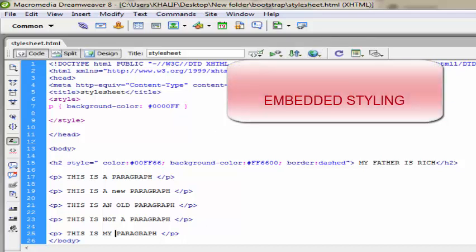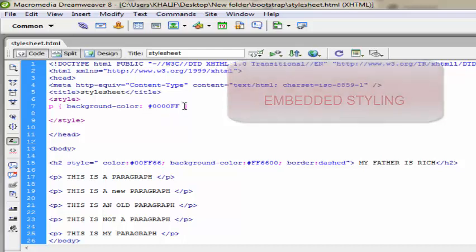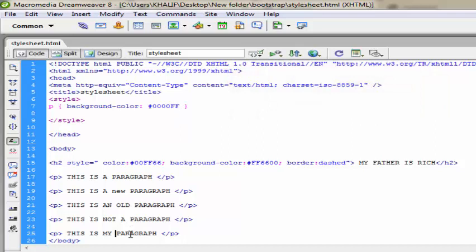What we expect to see is that the styling we used for the paragraph here should affect every other paragraph that we have here. Now we've created the background color for the paragraph tag. So let's see the outcome.